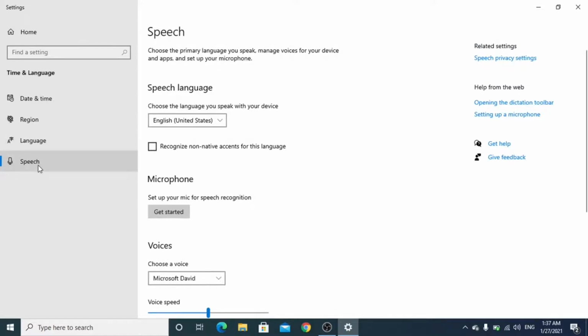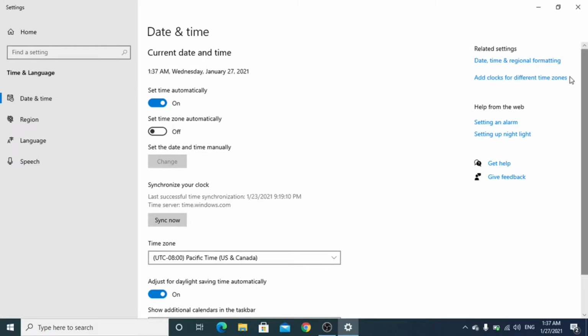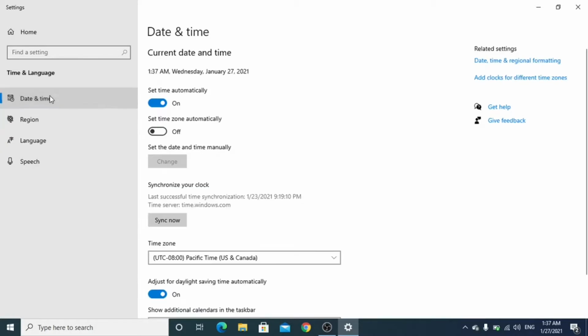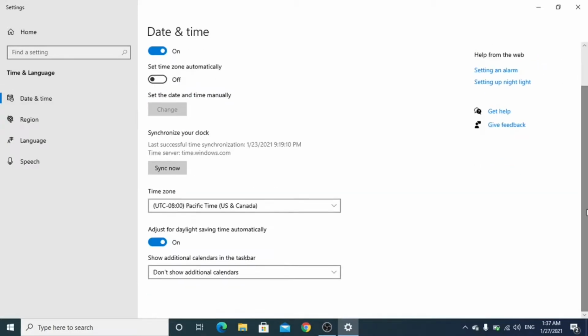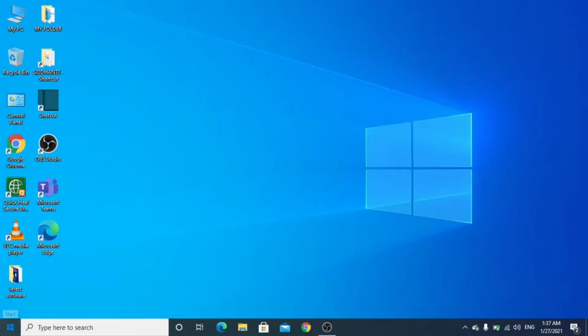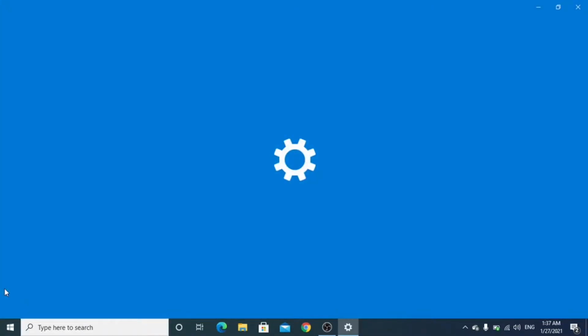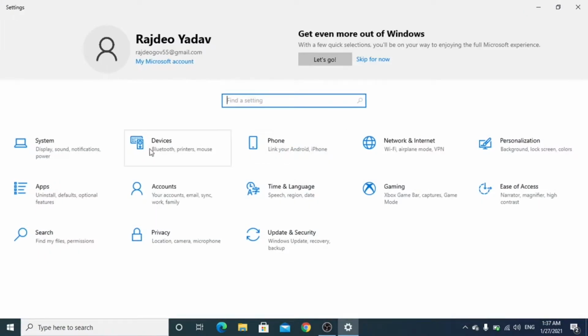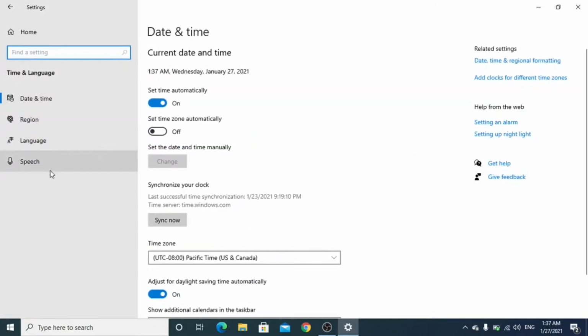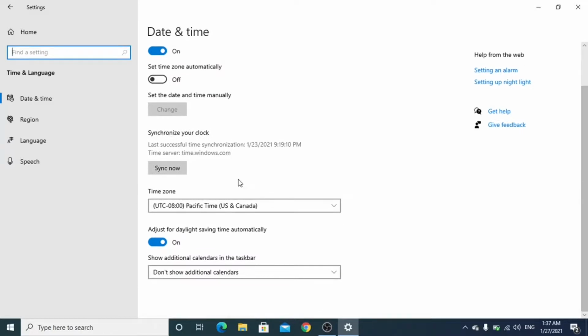You can go to speech, and you can also set up the time, the region, the date and time. You can set up all the things. It is very easy. Or you can also go to the settings, and from here you can set up the time and language. You can get all these options easily.